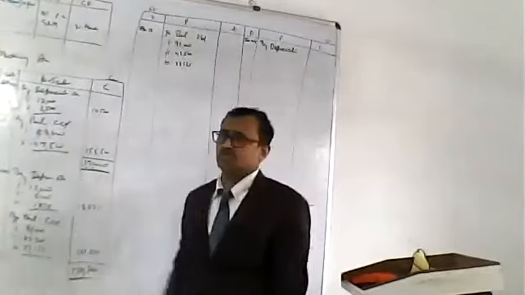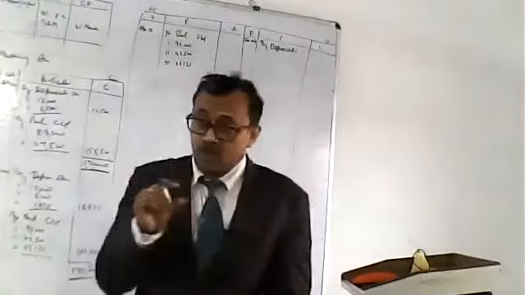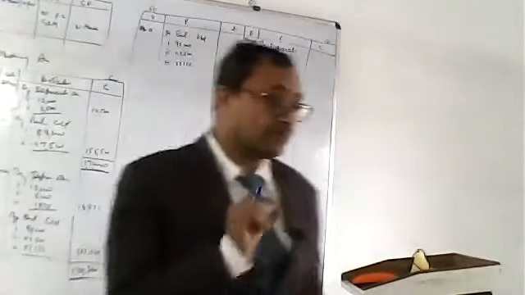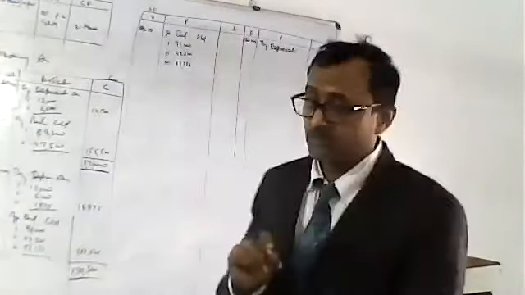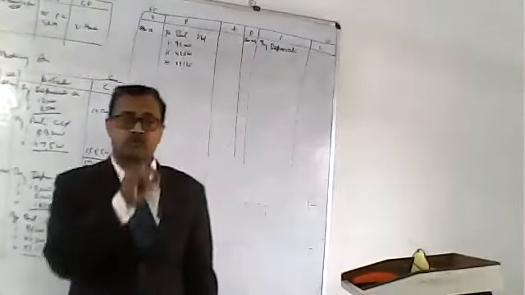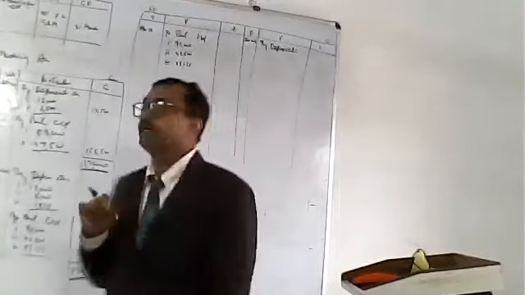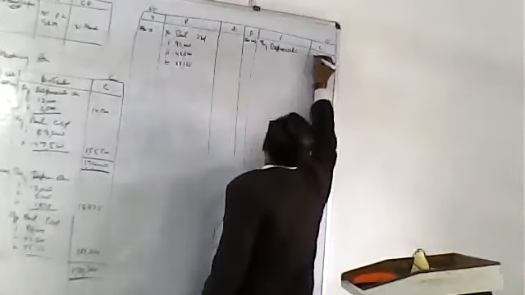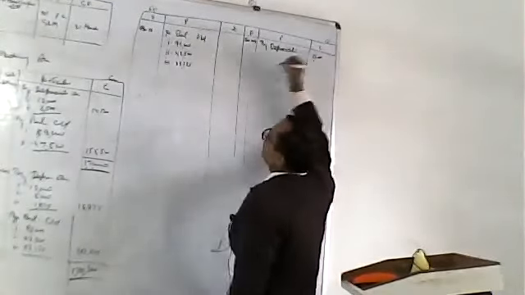How much depreciation you shall provide? Now you are not selling total machine. Remember it, you are not selling total machine. You are selling the machine worth 20,000 only. So you shall provide depreciation on 20,000 machinery only, and that will be 1,500.